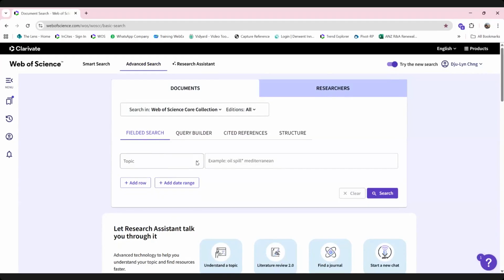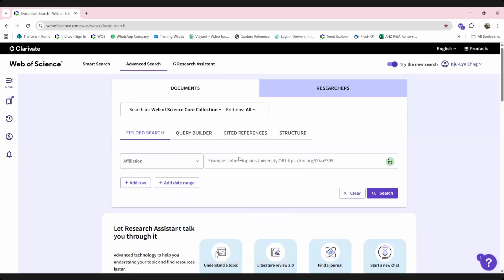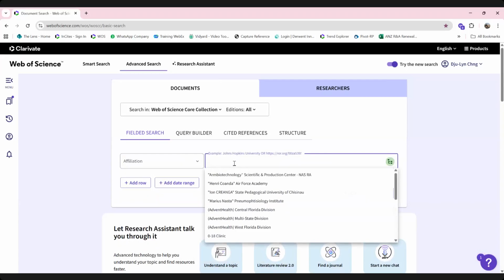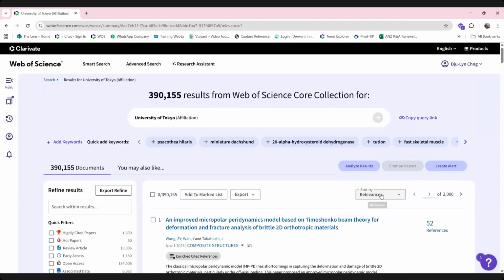From here, you can just do a quick topic search or any other fields that you want. All right. So say, for example, I want to find an affiliation. So if you're from one of these institutions, so let's say University of Tokyo, okay, I can do a search, and this would show me all the publications from University of Tokyo in Web of